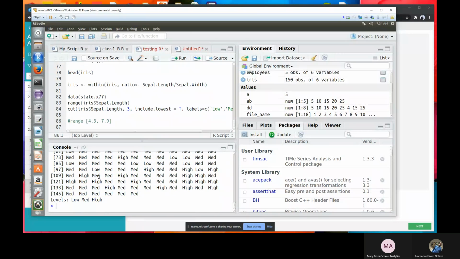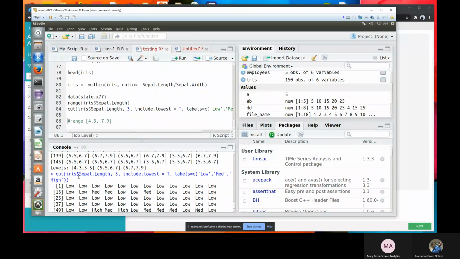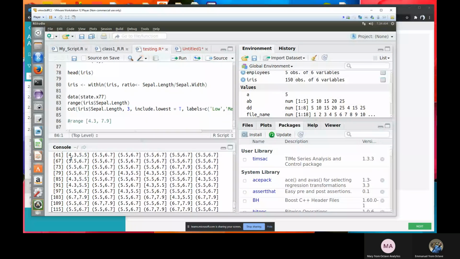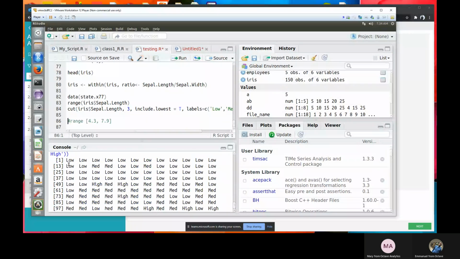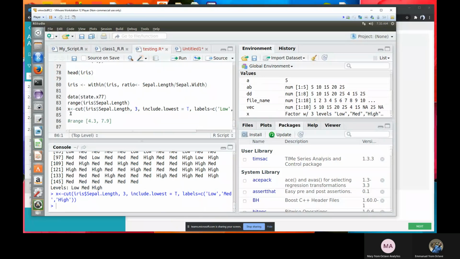You can see that they will be given those labels instead of the numbers or intervals that you are seeing. They just give it this label automatically. If I call this one X, I can just plot the histogram of that with the hist function.